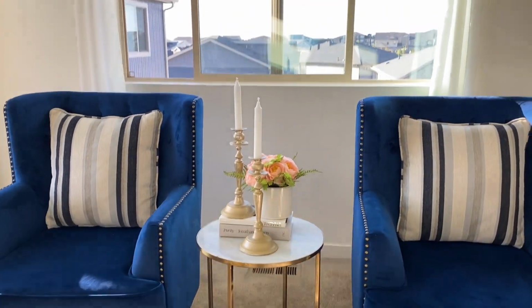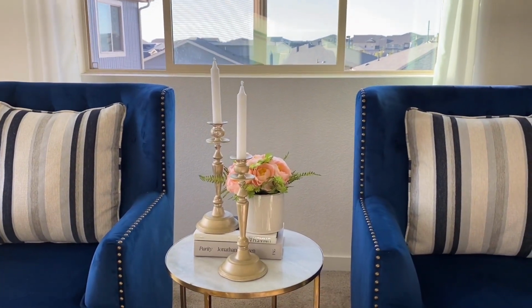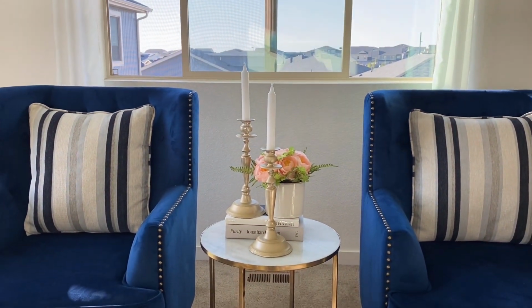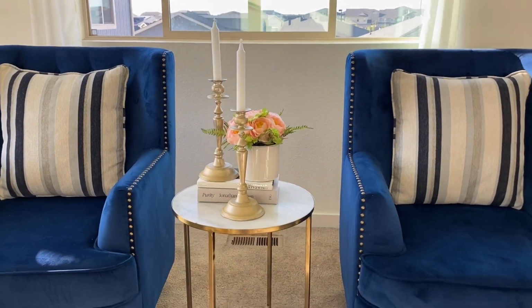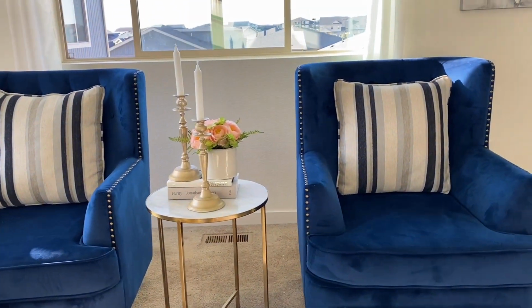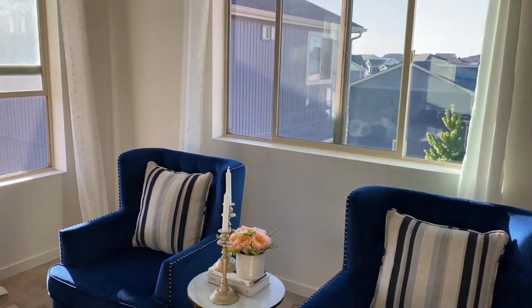These Kindle holders are from the Goodwill, and I spray painted them this brass gold. I love the fact that it looks a little old. And the floral is from Ross, obviously. The books are from the Dollar Tree, and this table is from Target. However, I got it at Goodwill. It was very inexpensive. Okay, so when we turn around,